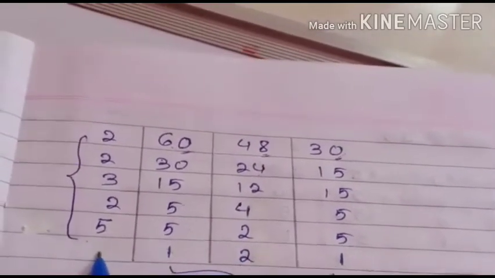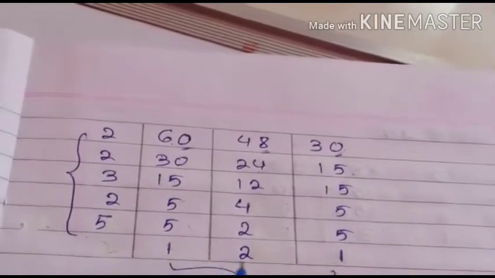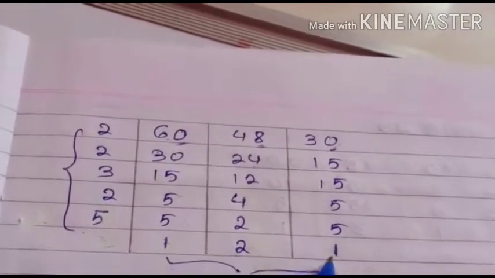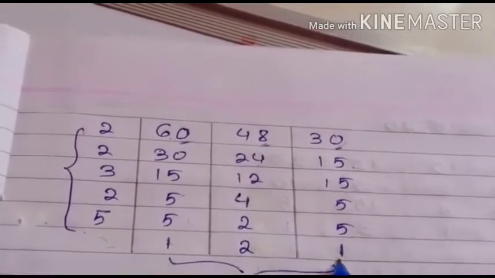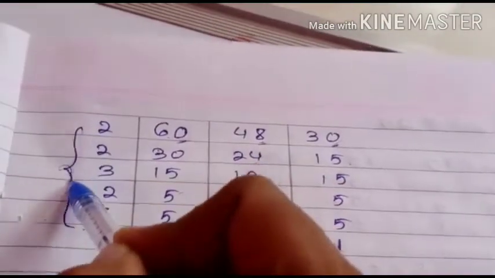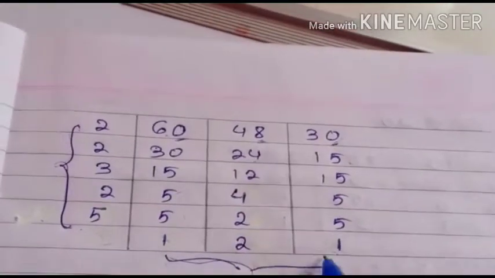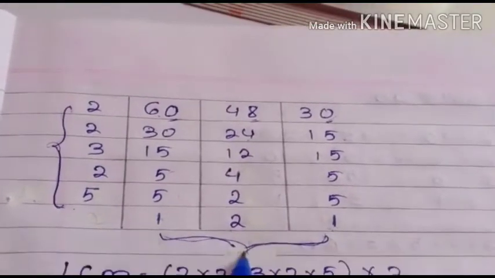Here again no need to do 2 ones are 2. If you stop our method here, then also okay. So I want to find out the LCM. What do I have to do? We have to take these factors also and these factors also. This concept is clear to everyone.